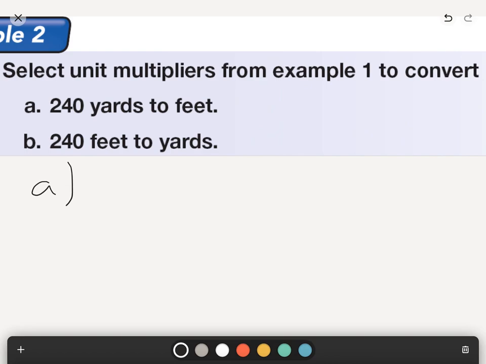So in this case, I'm starting with 240 yards, right? And then I'm going to multiply by my unit converter. I'm going to put my /1 under here, the imaginary /1 that's really underneath every whole number, just so that my cross-canceling is a little more clear. And the thing I'm going to want to end up with is feet,